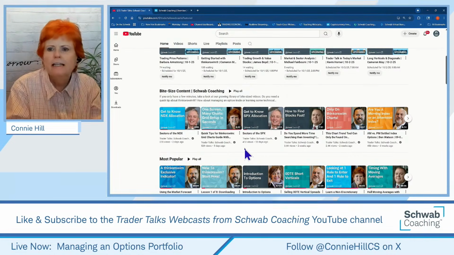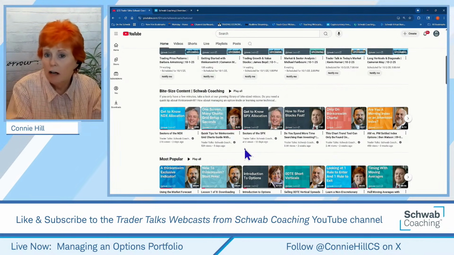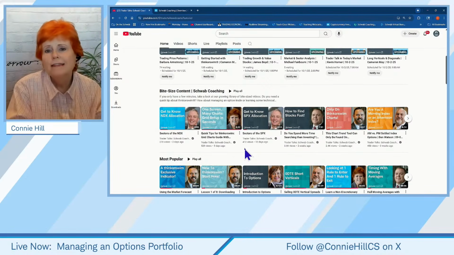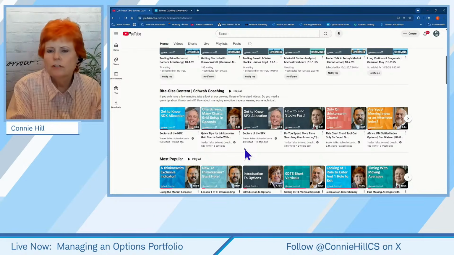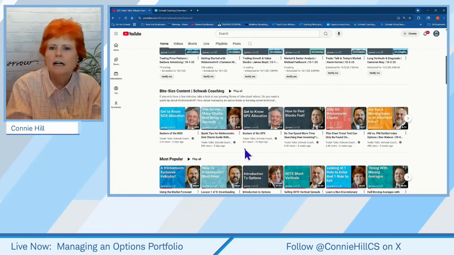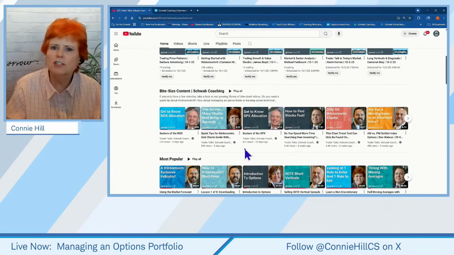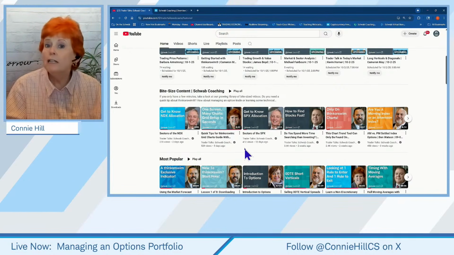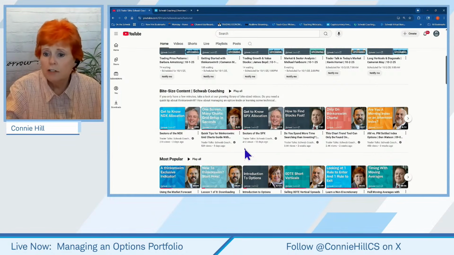Now, I want to take you to the second tool, although we're not going to spend a lot of time on it. The second tool is a trading journal. If you're newer to a strategy and you're trying to figure out, do I do this strategy very well? Is it making money for me? Sometimes that trading journal can be really helpful for you to track that information so you can kind of grade yourself and see how you're doing and see where maybe you need to make some changes.